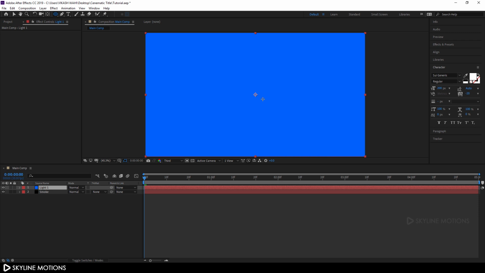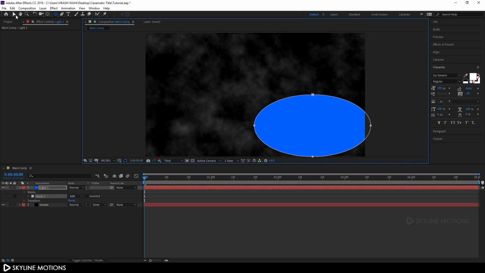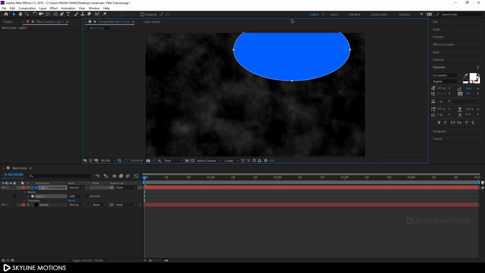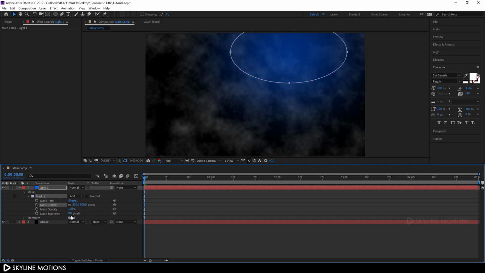So hold alt on the keyboard and let's draw like that and select this move tool, select this mask 1 and select all these control points and let's set this over here like that and expand this mask properties and set this mask feather maybe 800 and hit enter and set this mask expansion maybe 50 and hit enter